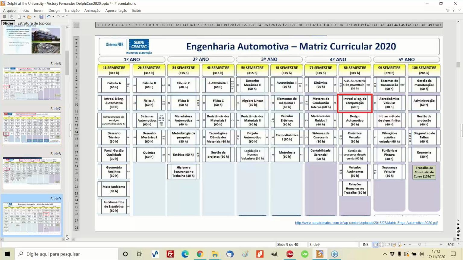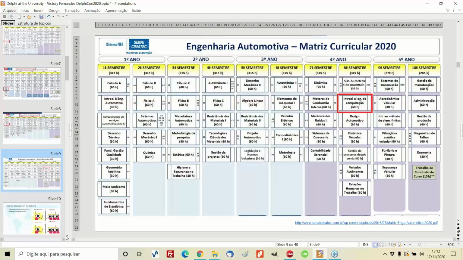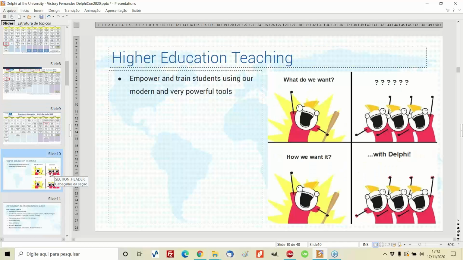I propose that you do this very same exercise we're doing. The idea is to question: what do we want? We want to teach engineering, we want to teach the students to program, and we want to empower and train our students using our modern and very powerful tools.